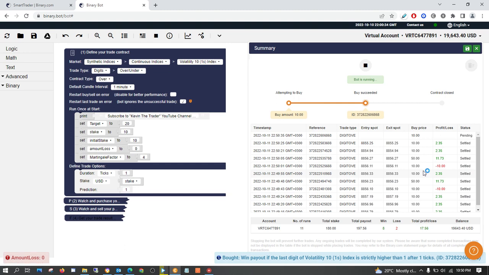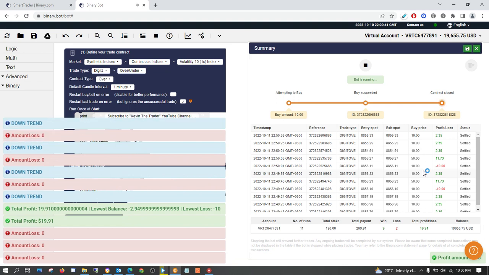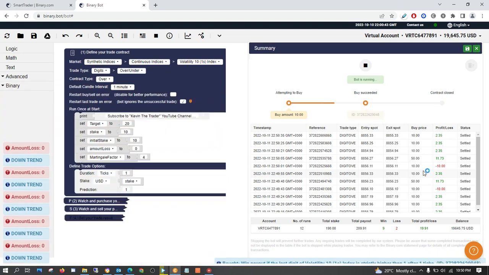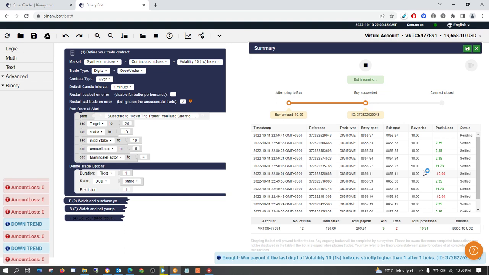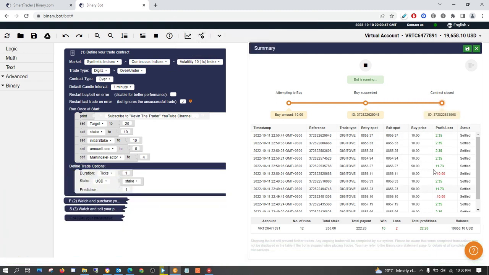We'll need 2 wins here, and another win is boom. You see, boom. Okay, so that's how you do it. If you have a larger account, this bot is also good.